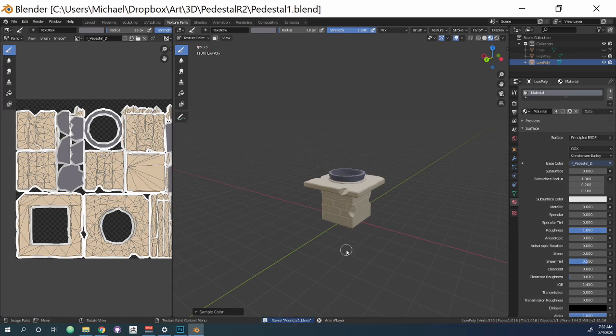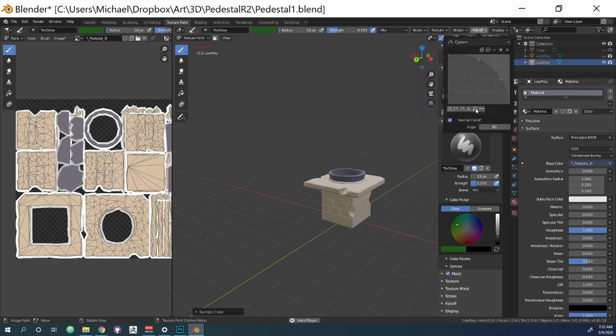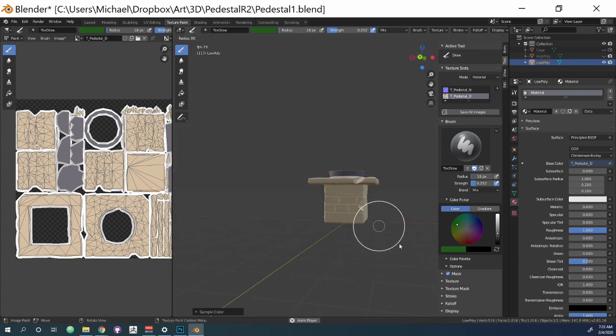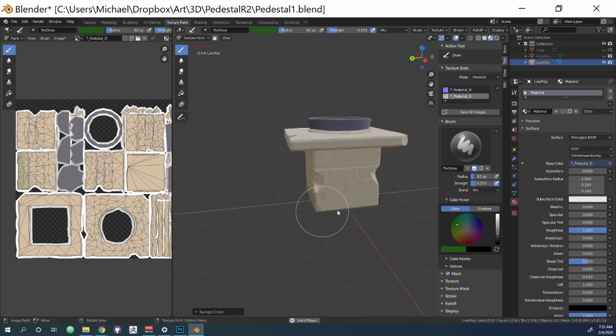So we're gonna Control S to save one more time, and then the last thing I wanted to do before I switch over to Photoshop for our final, the trick up our sleeve to achieve nice looking textures, is that I'm going to just play around and first sample this color, and I'm gonna add just a slight amount of color variation. Especially I want the deeper greens, but I'm going to turn my strength way down, and I'm going to give us essentially an airbrush. And with a bigger brush around the bottom, I was thinking it would be cool to have some green, as if